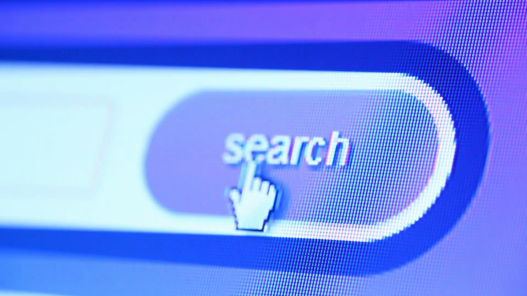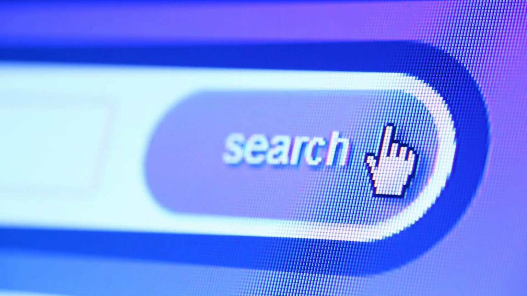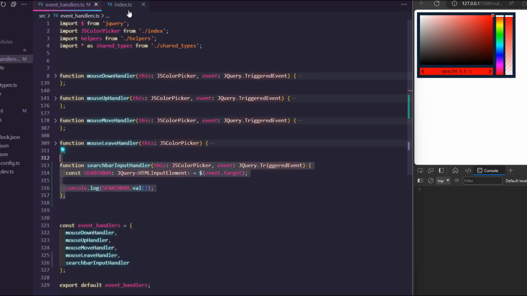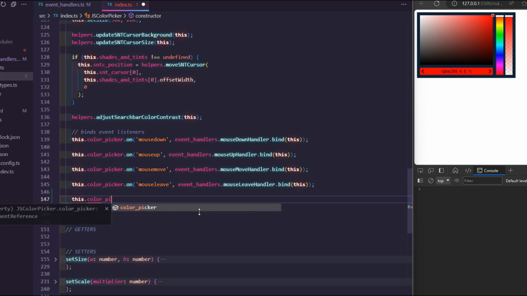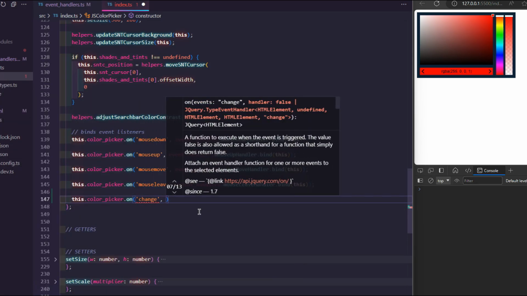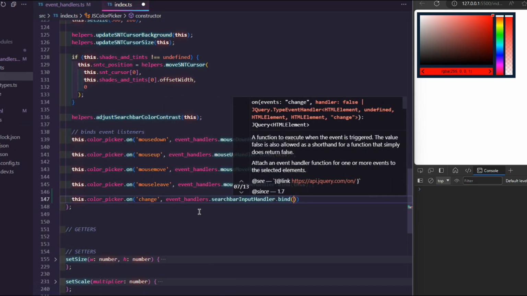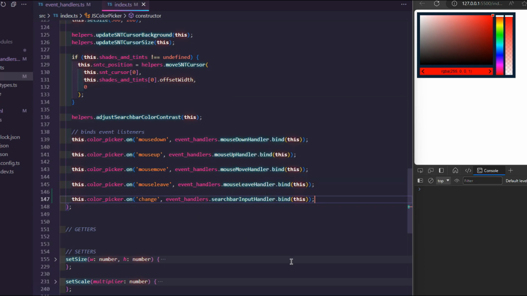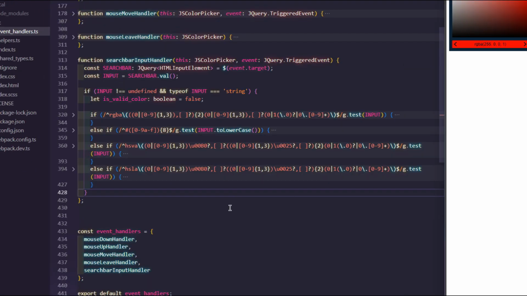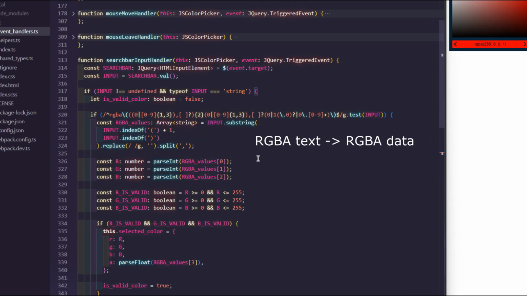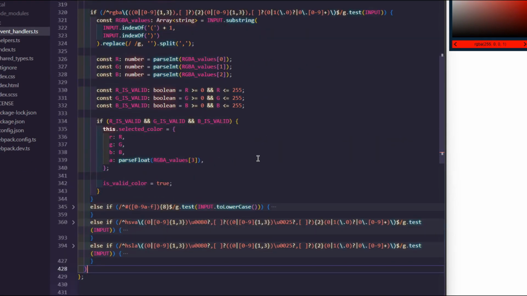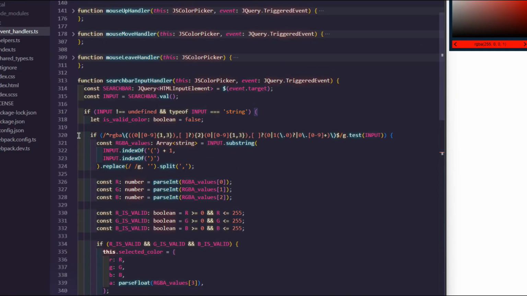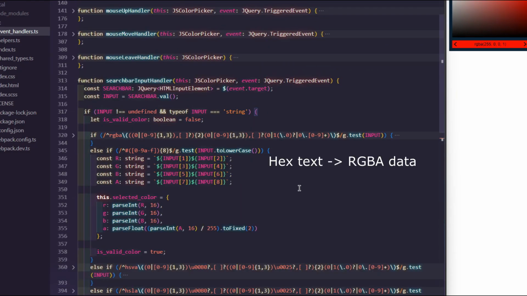The search mechanic was the color picker's last functionality. I started by adding a new event to the color picker, which basically detects typing. Then I wrote a bunch of code inside its handler that converts color code input into RGBA values that the class can store inside its selected color property.